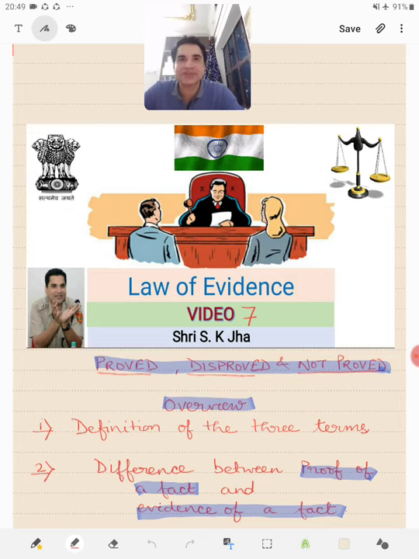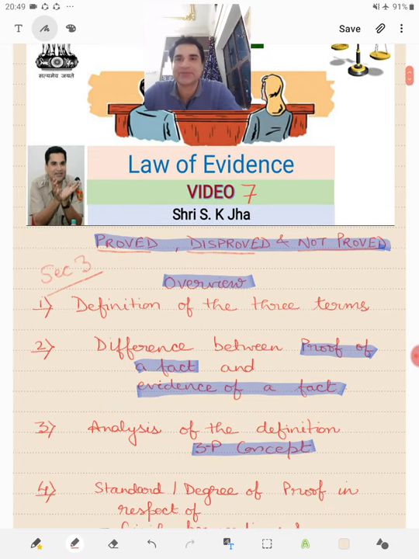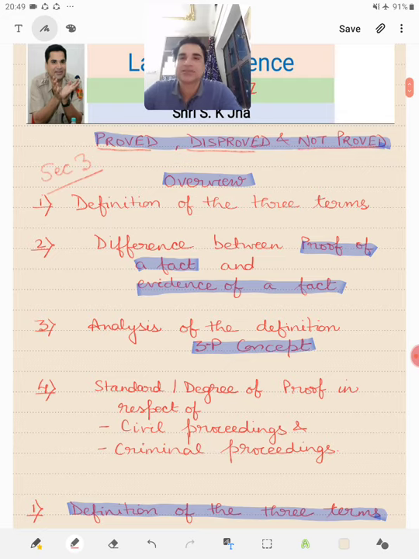And as we were discussing section 3 of the Indian Evidence Act, which is an interpretation clause where certain meanings of certain expressions are provided, and those words are to be interpreted in light of those meanings until and unless the context otherwise requires. We have already seen this. Today, this would be the last session on section 3 of the Indian Evidence Act. And in this session, we will be discussing